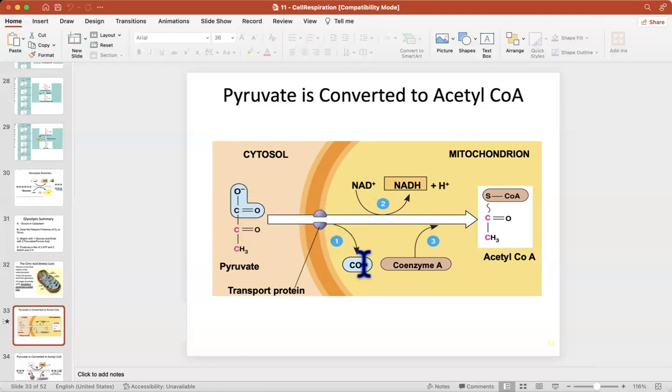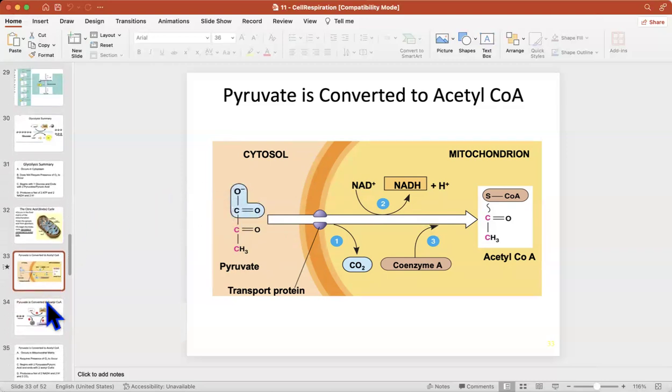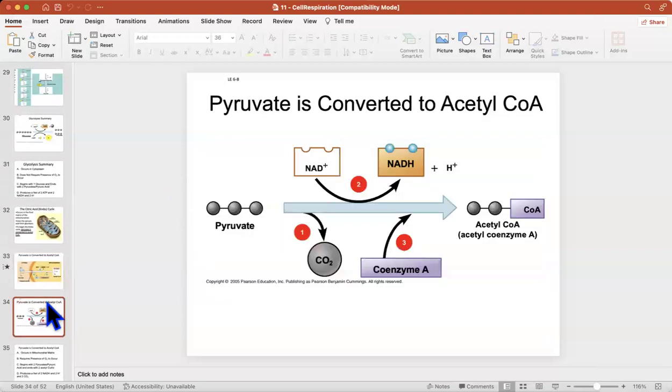So your CO2 is released. We breathe in oxygen, we breathe out CO2. CO2 comes from here. Every living cell does this. So this is called the intermediate step: turning pyruvate, a 3-carbon molecule, into acetyl-CoA, a 2-carbon molecule. You release CO2,